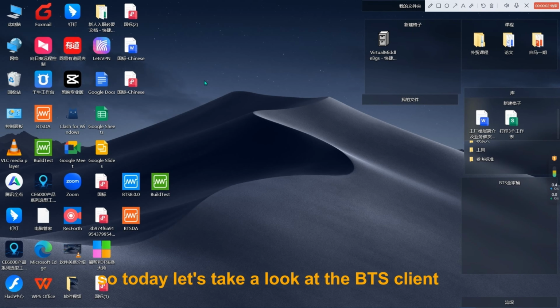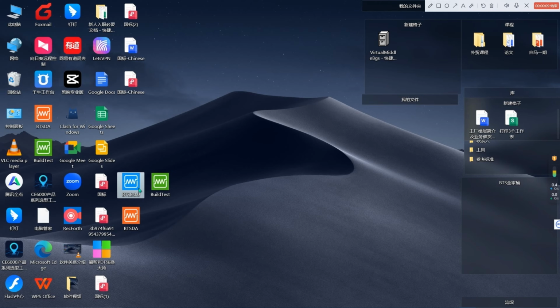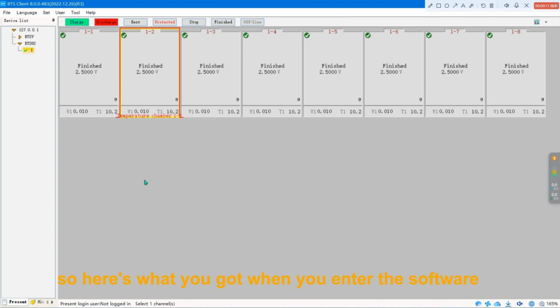So today let's take a look at the BTS client. So first of all, let's open the software. So here's what you got when you enter the software. Let's take a look from the very top to bottom. From the very top, you can see the name of the software is BTS client,